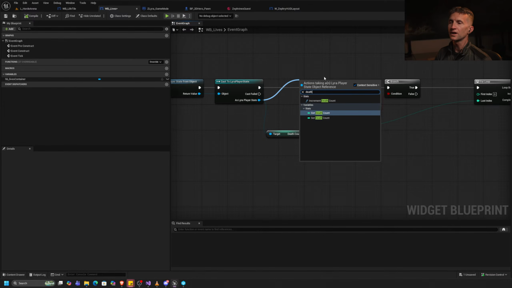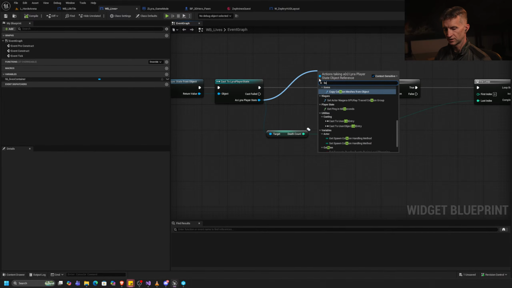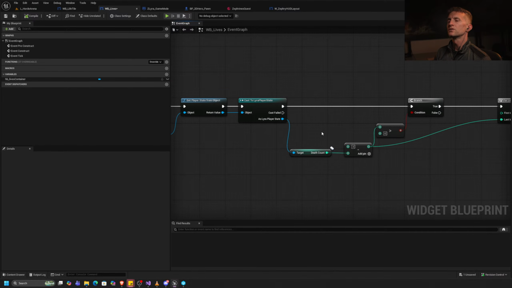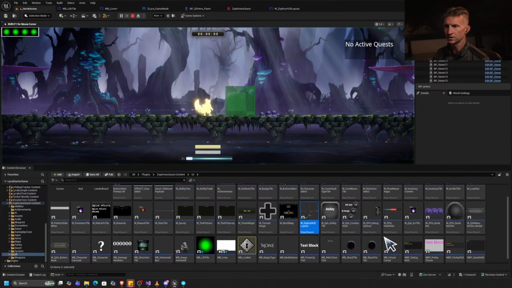Yeah, so there's no death listener on the player state. Okay, so can we listen? Nope, we don't have that either. So this is a pretty common thing. Either we need to go back to our player state and add a new delegate and all these different things, or we can do what we've done with some of our other HUD stuff, which, if I press play,